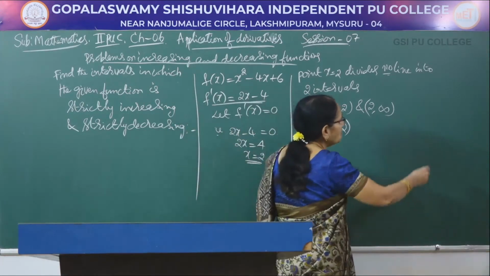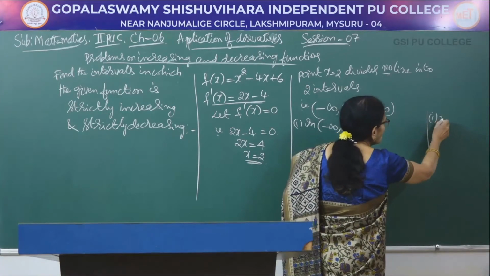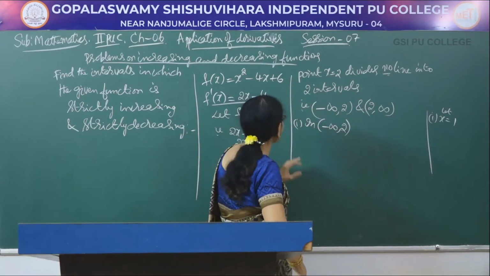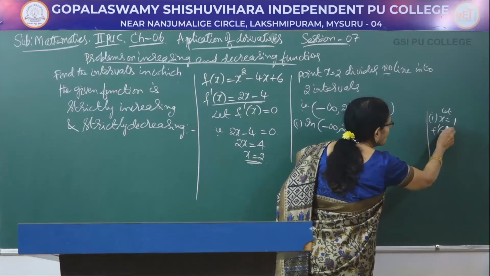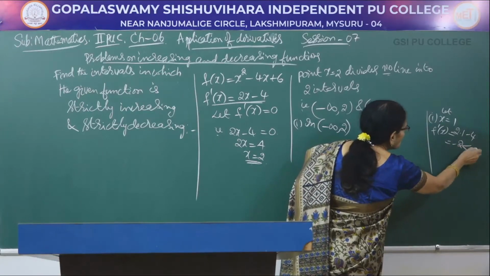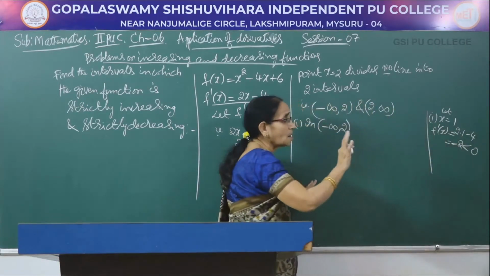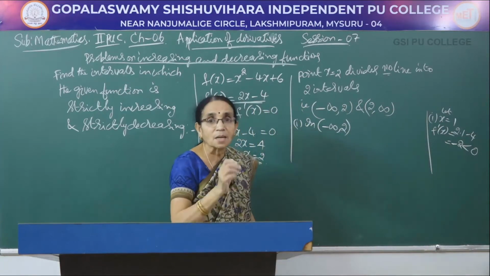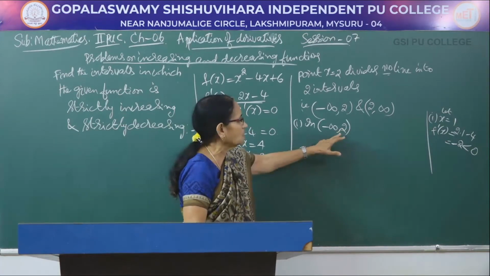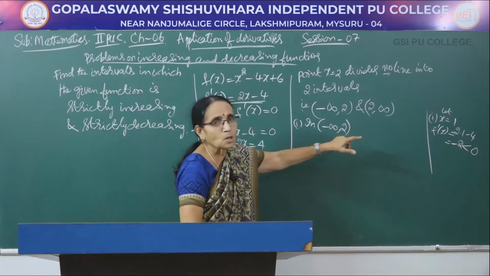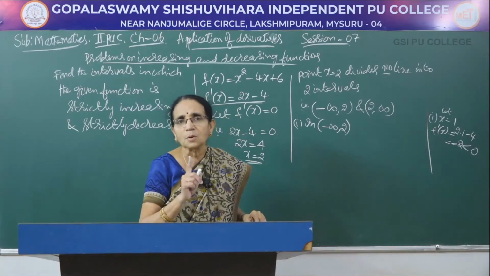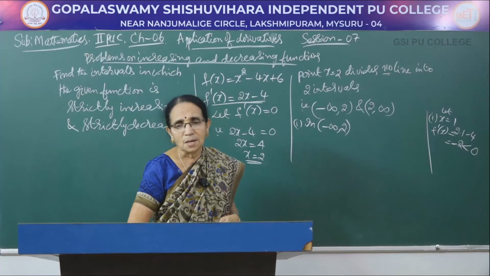See, that can be done in the working column. Suppose I give x is equal to 1 because it is less than 2. Then what happens to f dash x here? F dash x would be 2 into 1 minus 4, that is minus 2, less than 0. We are not interested in the exact value. We are interested in the sign of that one. Will it be negative or will it be positive? So, by giving x equal to 1, which belongs to this interval, I got the value of f dash x to be a negative number. So, if f dash x is negative, what is our conclusion? The function is strictly decreasing.